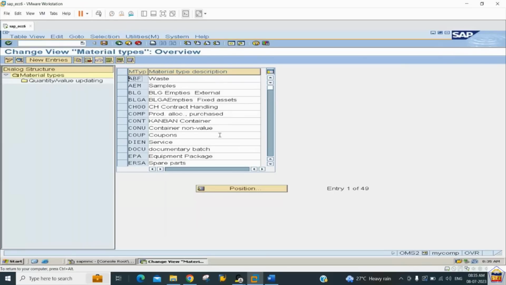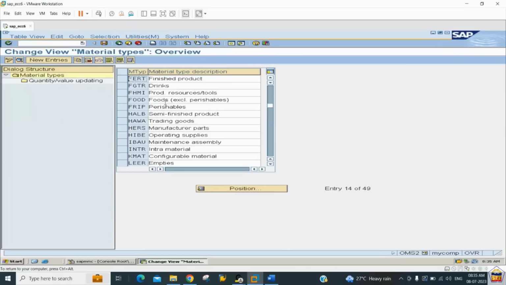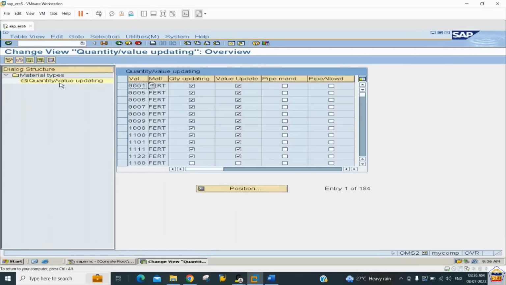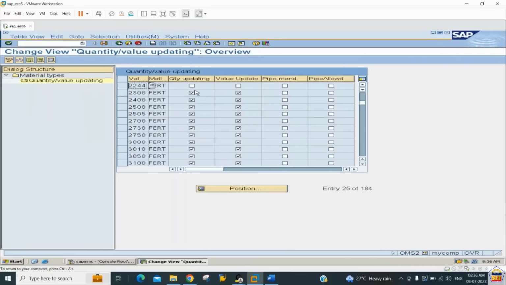So in order to quantify and value it, we need to go to the position button, search for the material ID, it is FERT in our case, finished product, and then you can see on your left side you have the quantity and value updating. Double click on this, and then you can click on the position button. Search for your valuation area. Valuation area means your plant ID 2244 in our case, and select both of these two checkboxes. So we want this material, whatever material will be created under this type FERT, the system should quantify it, the system should value it. So we can click on the save option, enter,